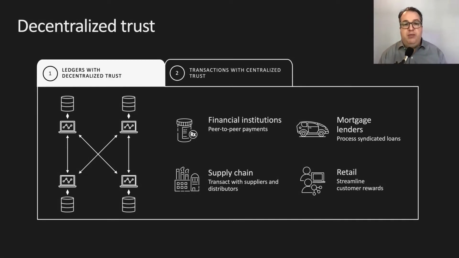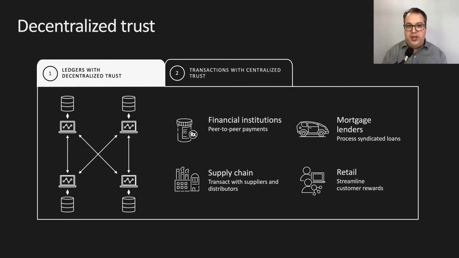Our customers have what we call system of record applications. These are applications that require history, data completeness, and data integrity. A ledger provides these qualities out of the box, but they come in two flavors. The first is a decentralized ledger. These are for companies who want peers or consortiums to work together and share data with one another without a